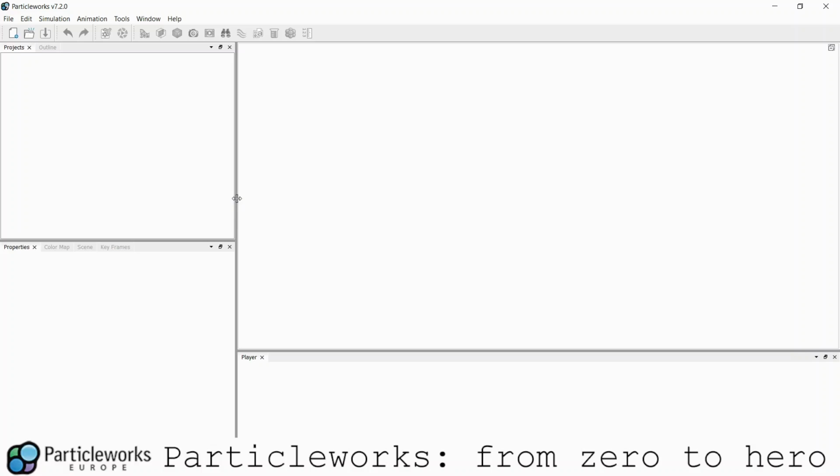Today we will take a look at the Particleworks GUI and we will build our first model, a model of a gearbox, and I will show you the steps required for setting up a Particleworks simulation. This is the GUI, so we have several tabs that I will refer to: the Projects tab, the Outline tab,